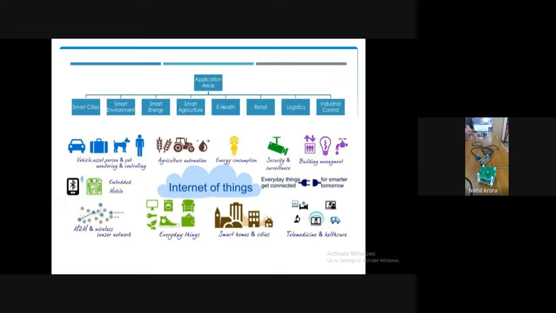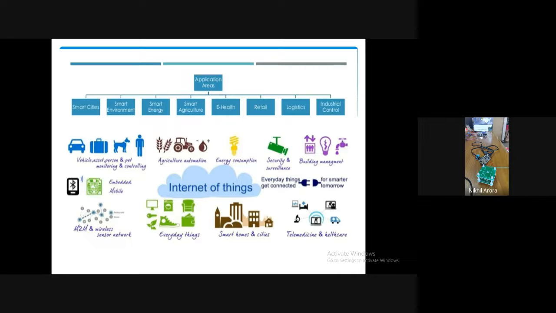Retail, see, when you go to a shopping mall like Big Bazaar or Reliance Smart, many things can be tracked: how customers are behaving, which things they want more, where they stand more. All this data can be collected, and things can be built in such a way that you don't have to go to the supermarket much. Less queue for billing will happen because automatic billing will happen. Once you keep taking things and put them in the trolley, automatically it will get into the billing there only. Once you go out, just pay via Paytm or Google Pay, and no need for standing in queues.